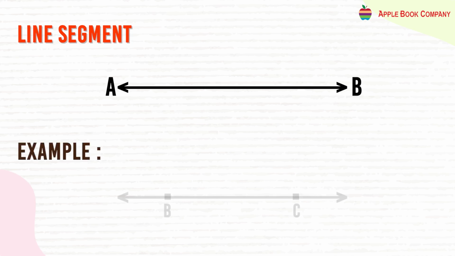Line segment. A part of a line is called a line segment. It has two endpoints. A line segment has a definite length, and so we can draw any line segment on paper. It is generally named by its two endpoints. Example: BC is represented as BC, a line ending with two dots, or BC with a line above.